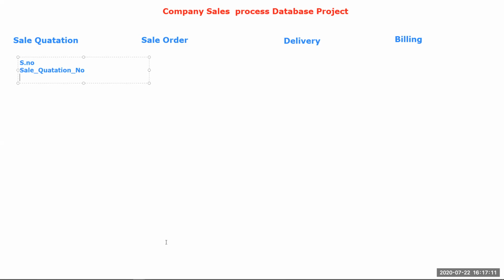If you are going to create electronic goods, you also have to give an item name. And if you go with a textile company, there also you have to create an item name. Okay, so our product name, and here I'm going to give product name. Okay, and product color, and product size,